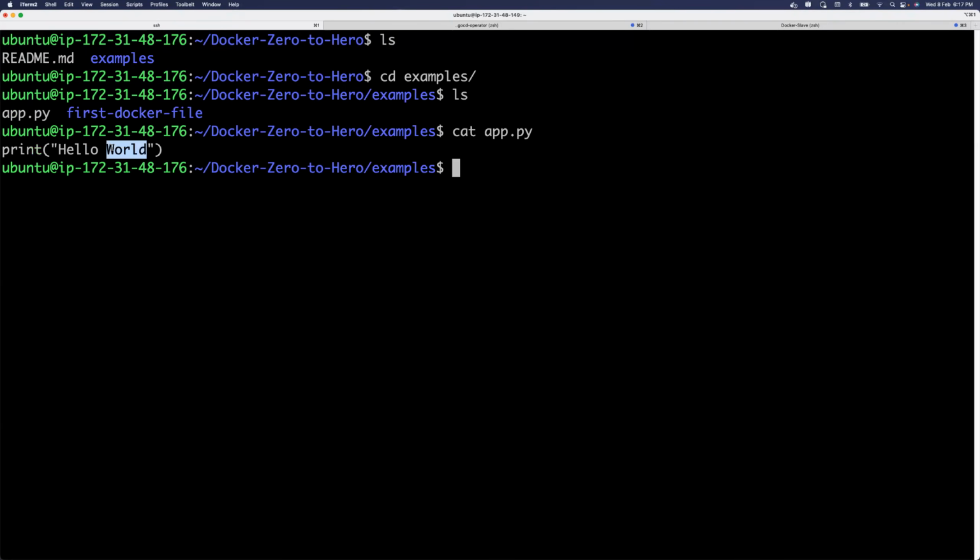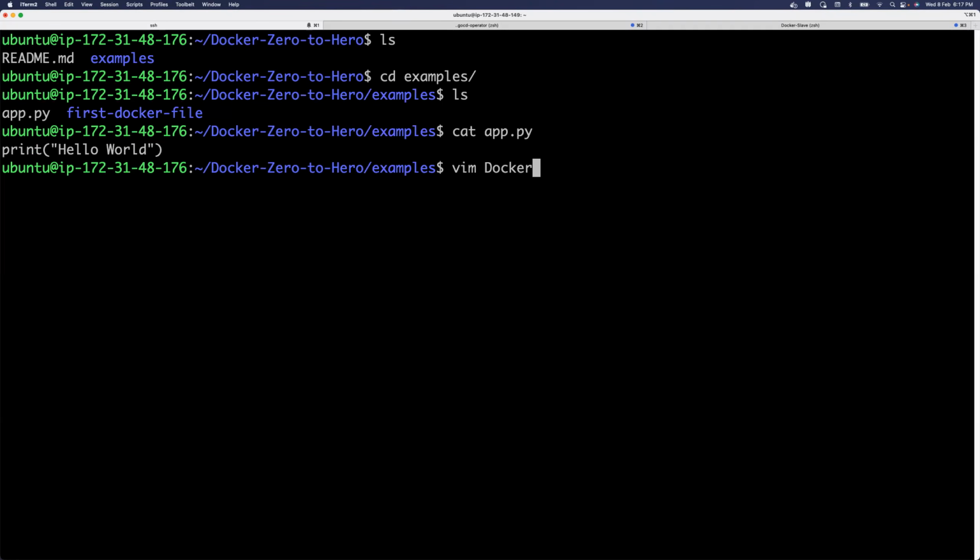Even if you write a complicated Python application or if you write a basic Python application, the steps that the end user, or your customer, or your SRE engineer, or whoever is using this Docker image, have to take are the same number of steps. That is, they just have to run the container. They don't have to do any additional thing. Now let us try to look at the Docker file to understand how to run this application.